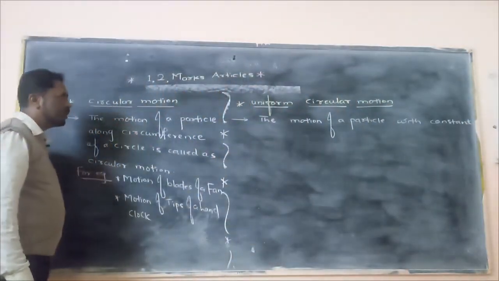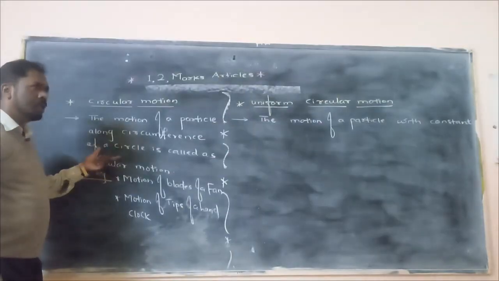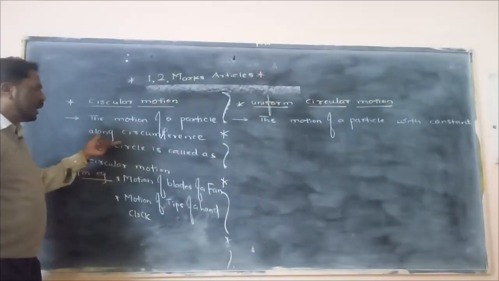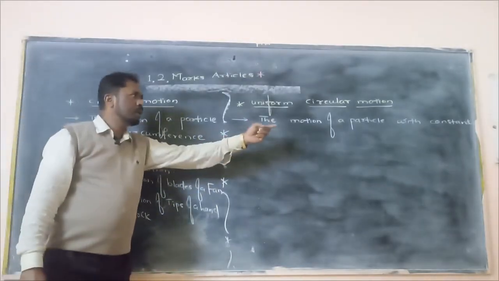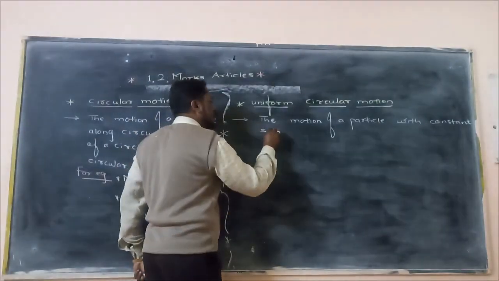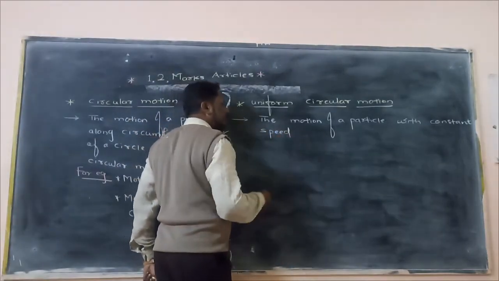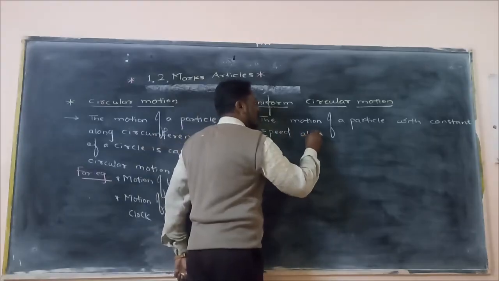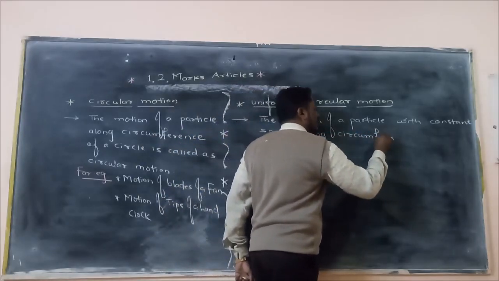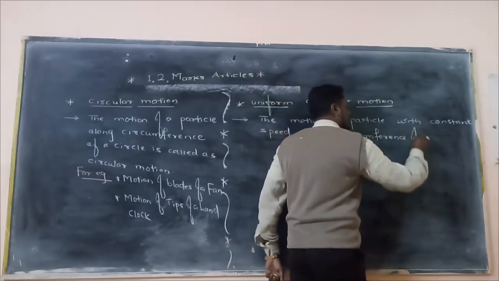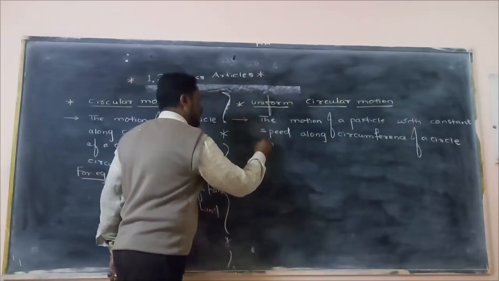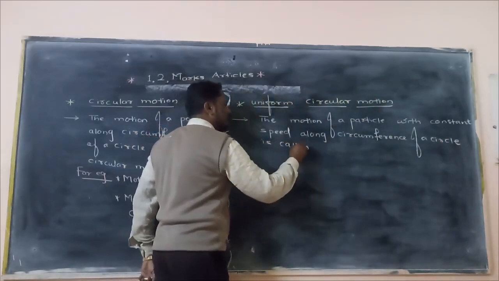You have the definition on the blackboard. Here the speed is constant, along the circumference of a circle,